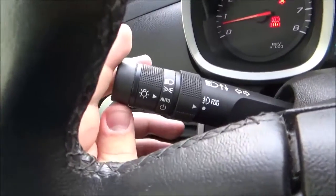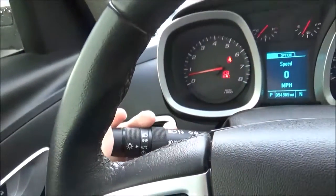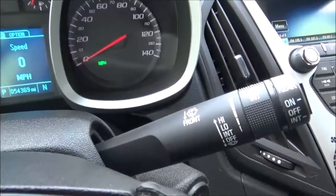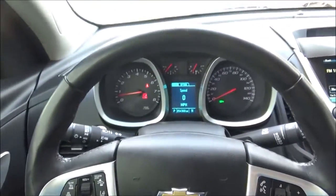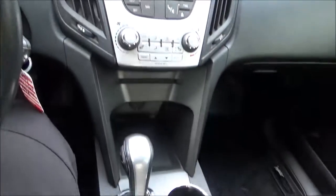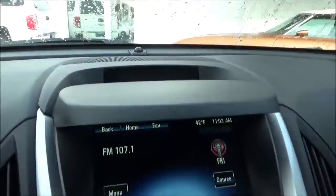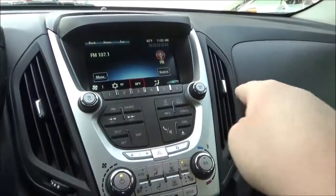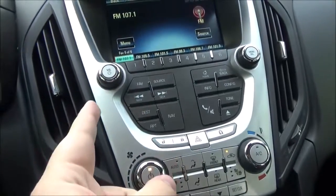On this stock, you have all your exterior light controls. And on this one, you have your wiper controls. Going down the center of the dashboard, you have a speaker up top, a display that will show you information regarding the lane departure warning, collision alert, touchscreen interface for your MyLink infotainment system, air vents, all of your physical